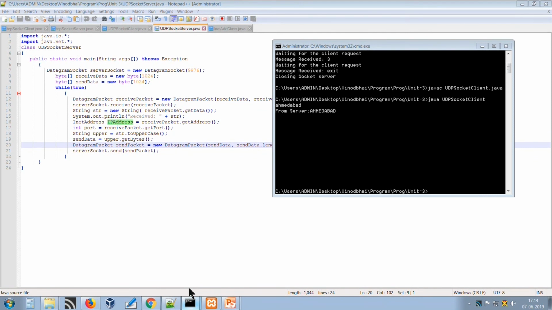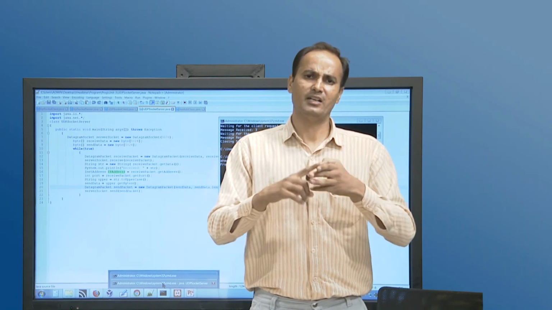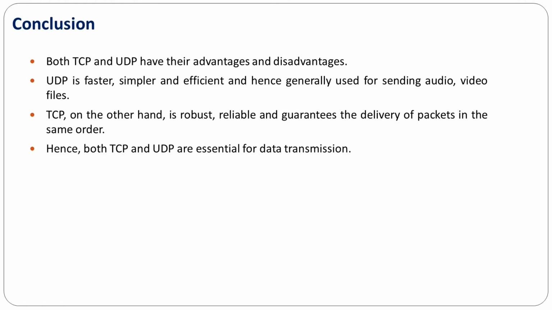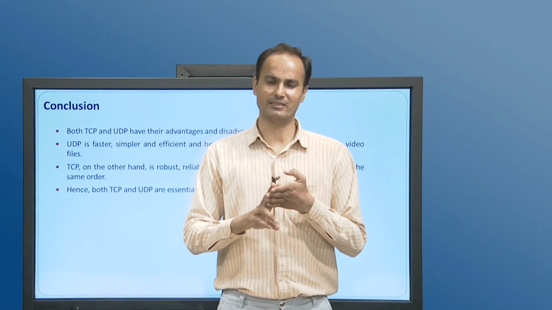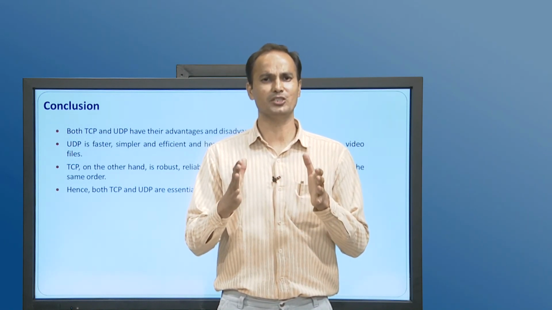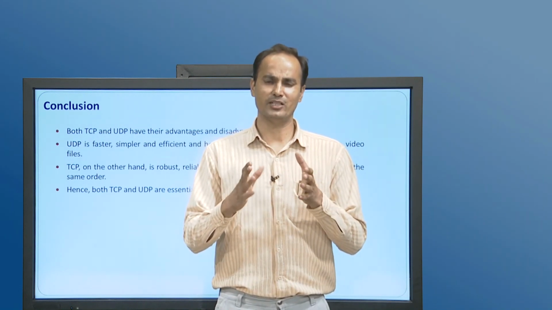Now at last I would tell you that TCP and UDP both are very important. We can't say that UDP is better and TCP is not better, or TCP is better and UDP is not better. Both are better and both have their places in a particular environment. As we know, TCP is very efficient, reliable, so it can be used whenever we need. After learning TCP and UDP programming using the server socket, datagram packet and datagram socket classes, we can say that TCP and UDP both have their own role in Java networking.